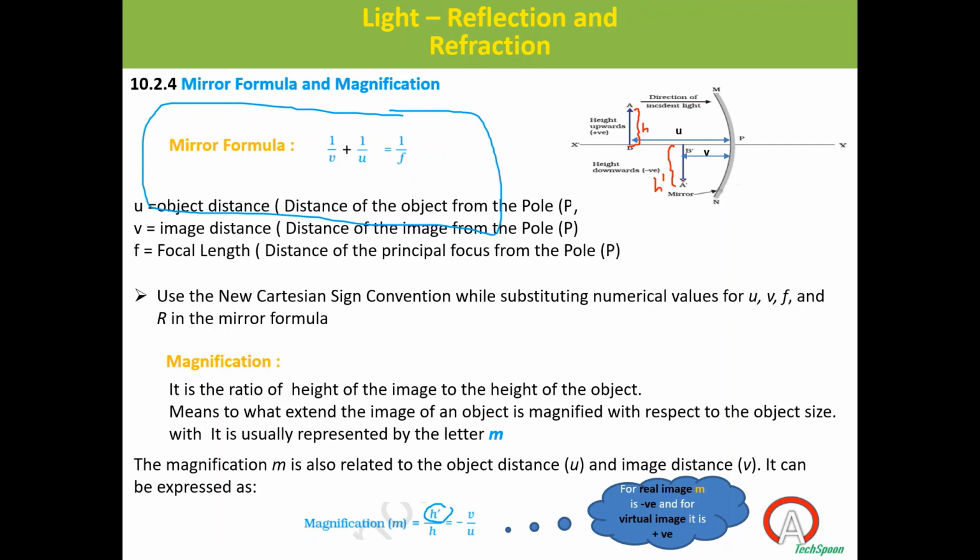Like object distance and image distance. So the ratio of image height H dash to the H is known as magnification. Why is it called magnification? You just imagine I am having an object height H equal to 10 centimeter, and I am getting an image height h dash also 10 centimeter.